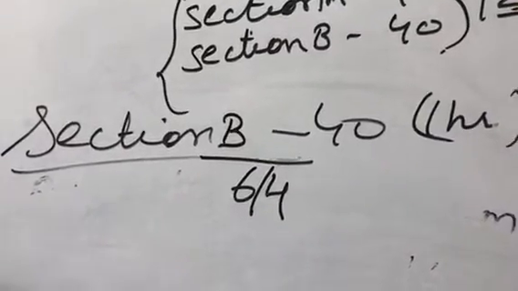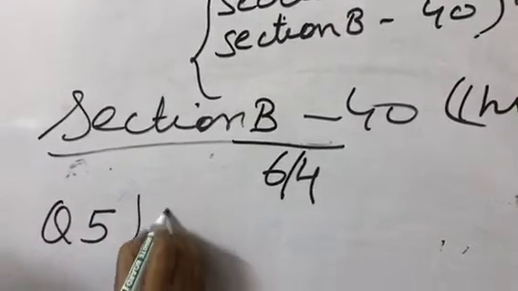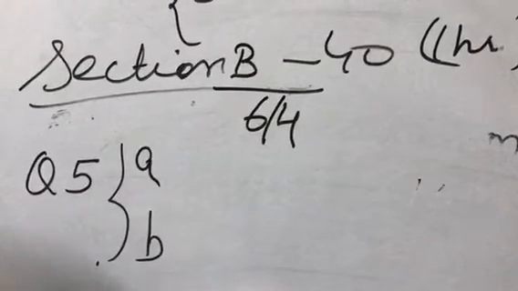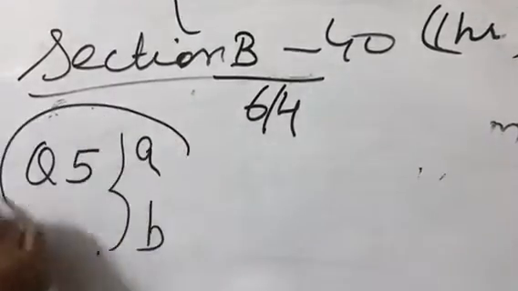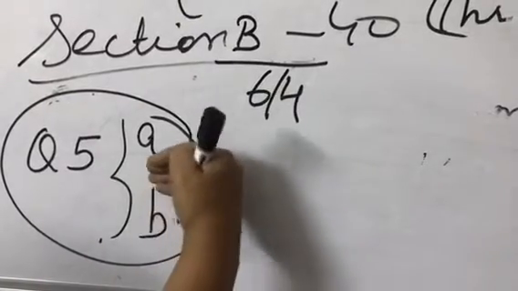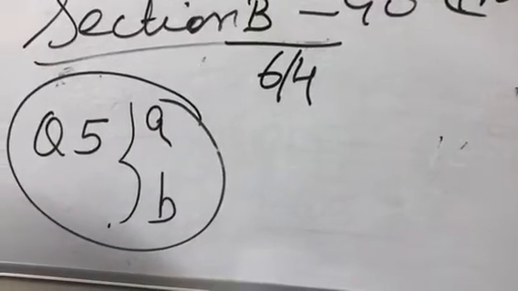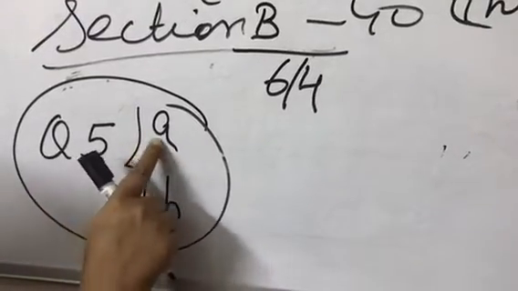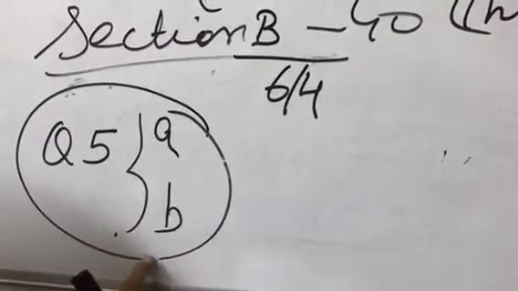And what type of questions will you have? Like I am writing question 5, right? This question itself will have 2 parts, A and B. Question number 6, A and B. Question number 7, A and B. Like this, one question will have 2 parts, and you are supposed to write a complete question. You are not supposed to attempt one part from question 5 and one part from question number 6. No, if you have decided to attempt question number 5, you have to go for both A and B. And in Section B, what is the weightage of marks?